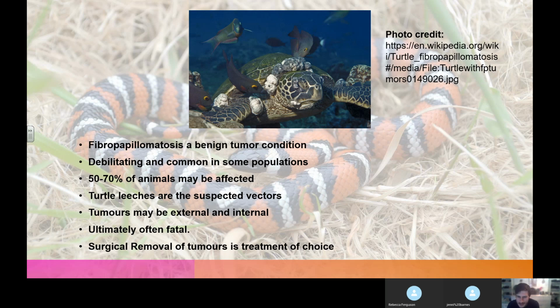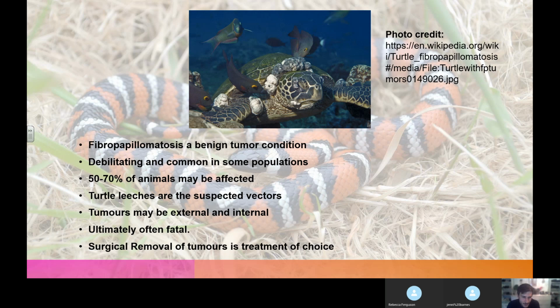And if they grow on the eyelids, they can restrict vision. And if they grow sort of in the mouth, they can affect eating. And if they grow near the flippers, they impede the turtle's swimming. And very often, as things progress, even though these tumors are benign, they eventually lead to secondary consequences which turn out to be fatal. And this is a very debilitating disease and is very, very common in some populations of